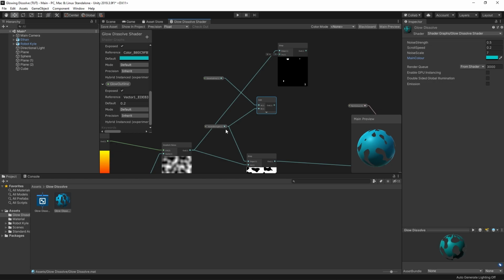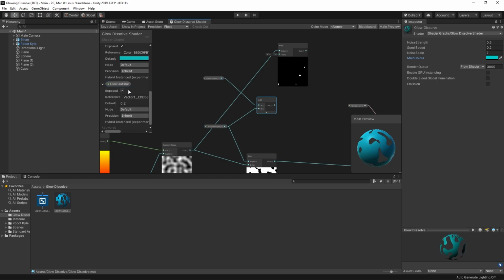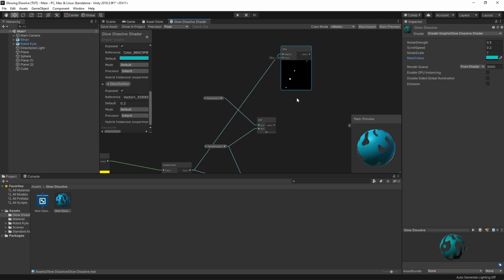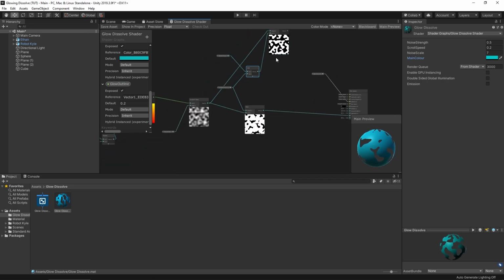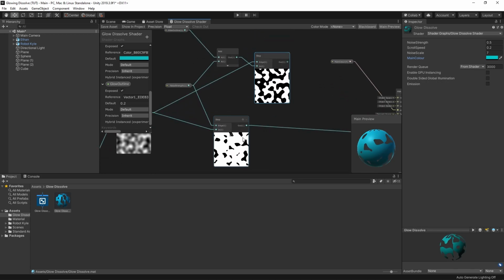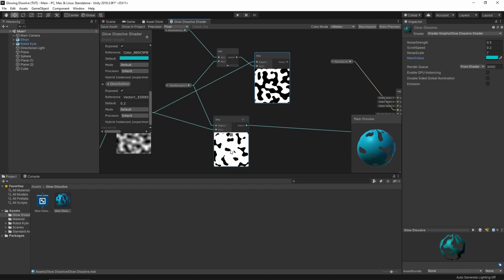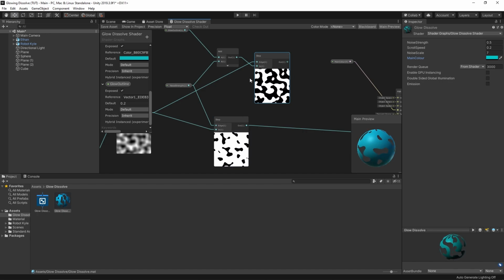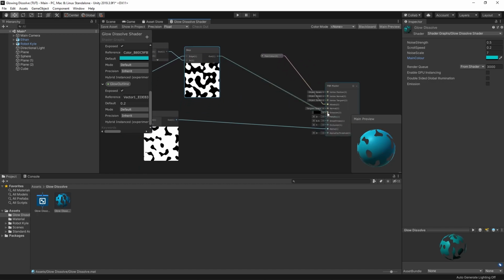So basically what we have is our noise strength at the moment is, where is it? Here we go. It's 0.3, and we're going to add 0.2 to it. So you're going to see the white area here get a lot stronger. So let's put that in there. And now you should hopefully be able to see, it's a little bit hard to see exactly what's happening, but you can see the white area here is bigger than the black areas here. So now if I take this value and send it out to the emission here, like so,